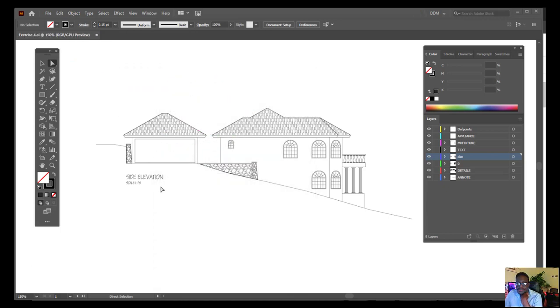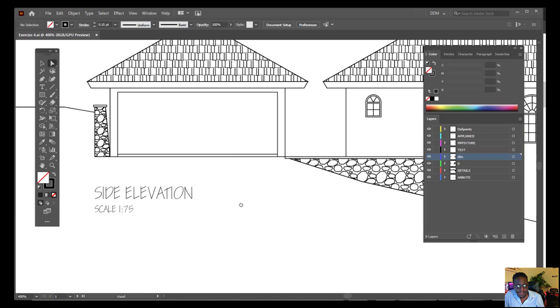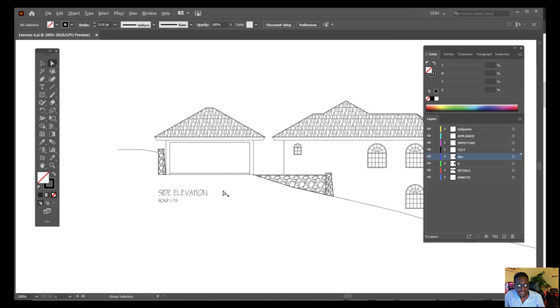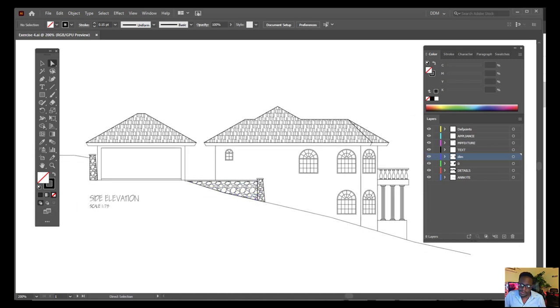All right, now Illustrator 2020 has a file recovery option. I believe it saves every 5 to 10 minutes. So if you lose your work, you should be able to get it back. However, we don't want to depend on that. So we want to save as often as we can, right? All right, so now that we have our plans a bit more organized,